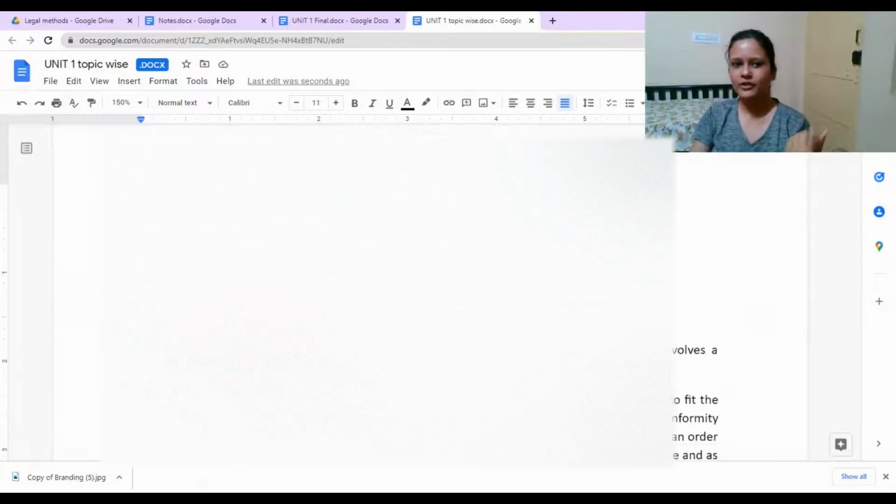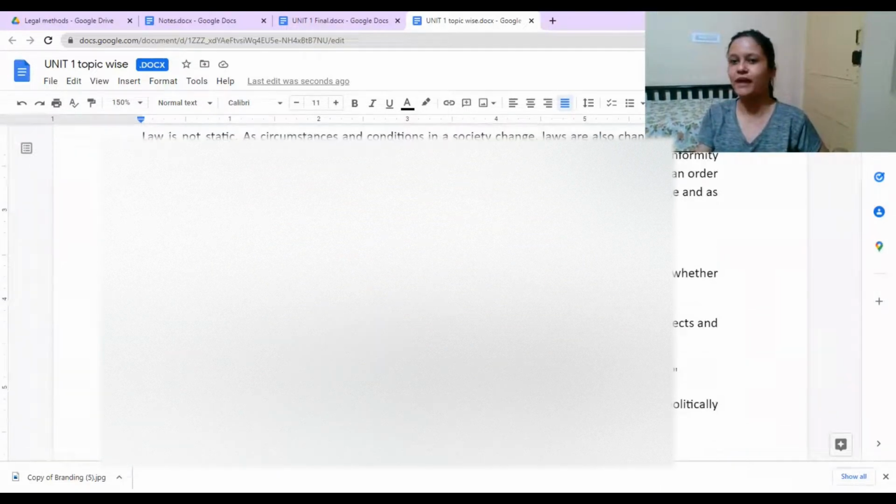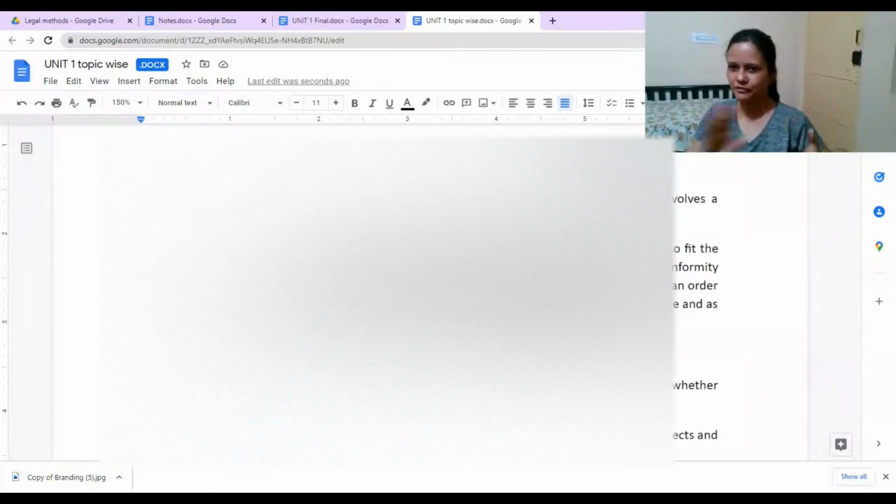And when we talk about this, what is law? Many times questions are framed that say define law. So when you get this question, what is the difference between these questions: what is law, or what is the meaning of law, versus definition of law, define law? How would you answer it? Ma'am, what is law could be a basic gist of it, and definitions are given by different jurists according to how they felt law was.